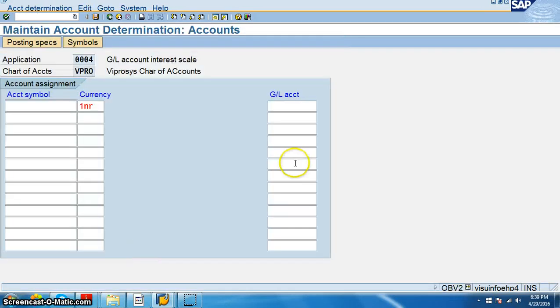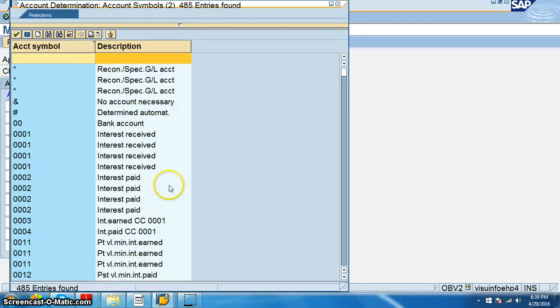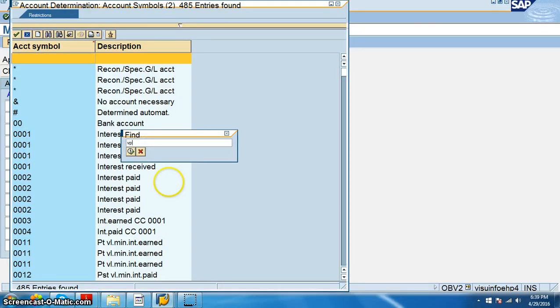The GL account, you remember the GL account that we created just now, 200503, right? That should be there. And the account symbol is something like, which selected is VPRO.